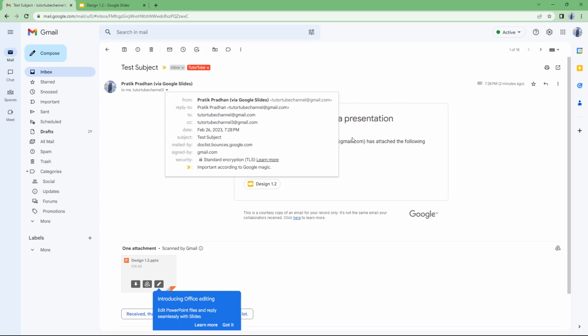And that is how you can email Google Docs Editors files directly, as well as attachments, as Gmail is integrated in them. So hope you guys learned